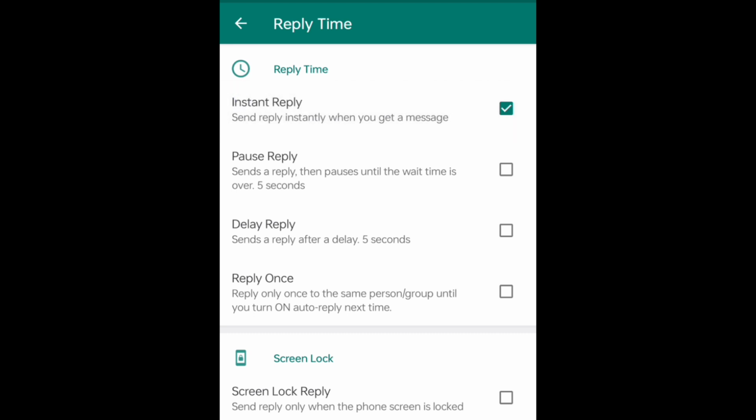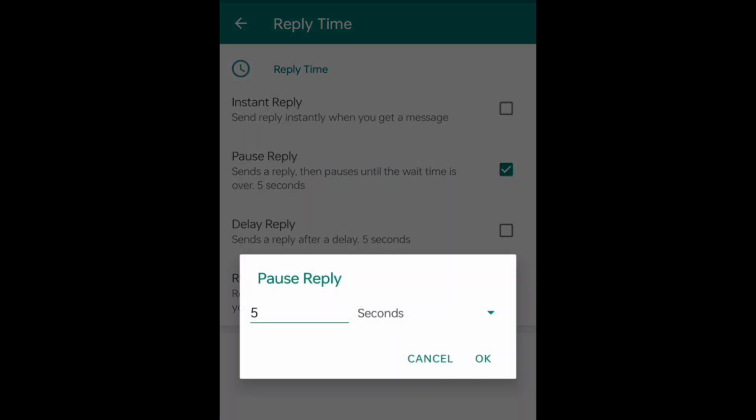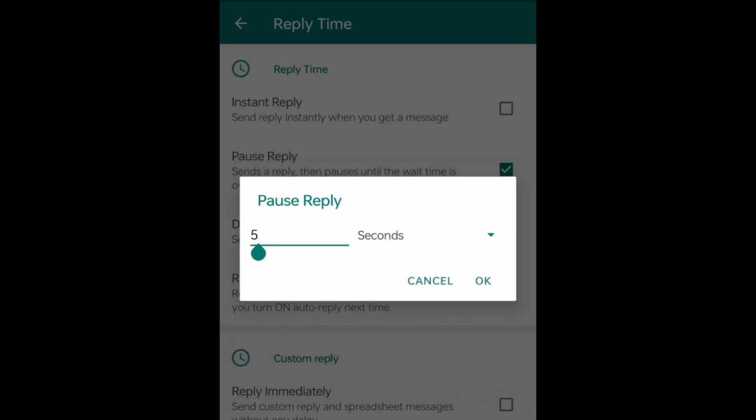Pause reply sends a reply, then pauses until the wait time is over. You can change your pause reply timer by your choice. It can be in seconds, minutes, hours and days. Let's say we can set the timer for a 10 second pause reply, or you can also set it into other minutes